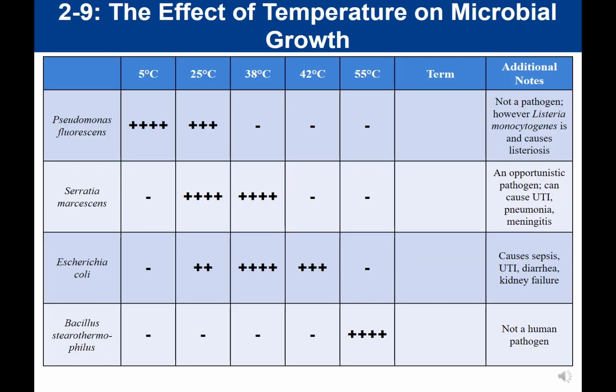So if we put all our data together, again, just a reminder, we tested 4 bacteria: Pseudomonas fluorescens, Serratia marcescens, E. coli, and Bacillus stearothermophilus. And so if we look at our data for Pseudomonas fluorescens, notice that it grew best around 5 degrees, a little bit less at 25, not at 38, not at 42, and not at 55. And so based on that growth pattern, what would you call Pseudomonas fluorescens in terms of its effective temperature on microbial growth? And so if you said it's a psychrotroph,